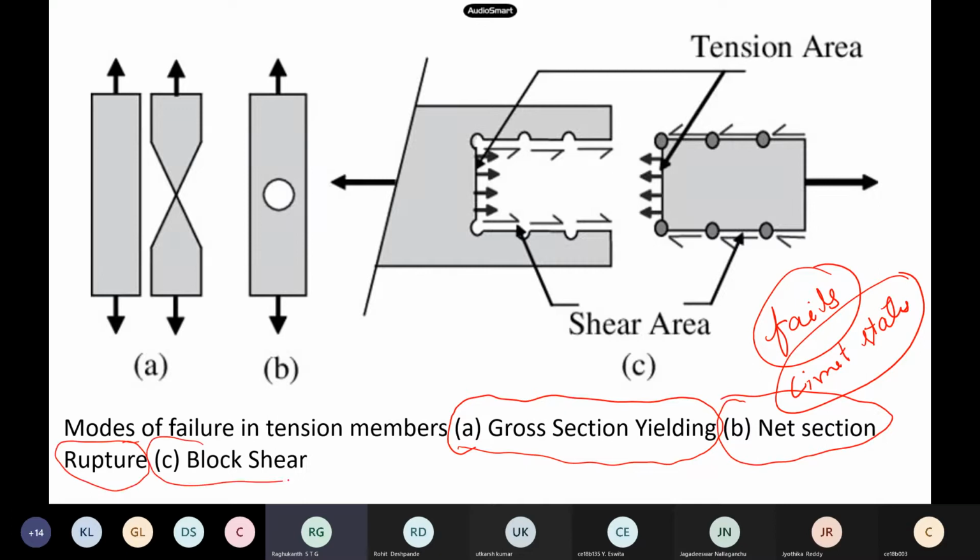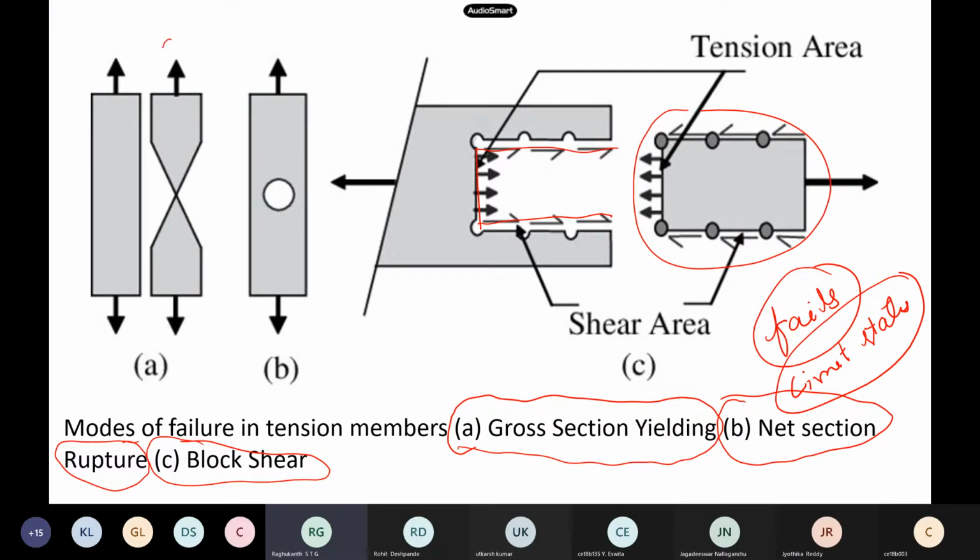Then of course the block shear, which we have already seen in bolted connection. The whole joint itself comes out. Okay, and you will be having a tension plane, then a shear plane. So we have the code based formulas. You remember two formulas are there. You will be having two planes. One is a weak plane, the other one is a strong plane. So weak plane means it can be a shear or it can be tension. Okay, so one plane, the weakest plane yields, the strongest plane ruptures. Okay, so this is what we call a block shear failure.